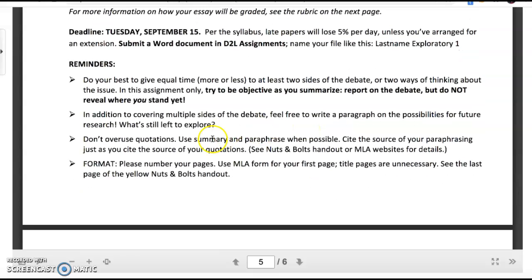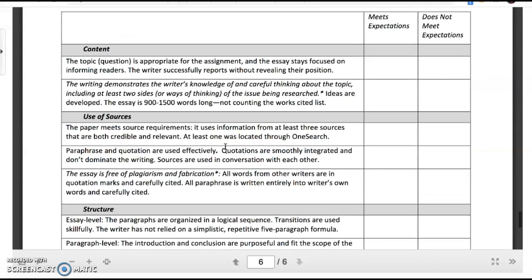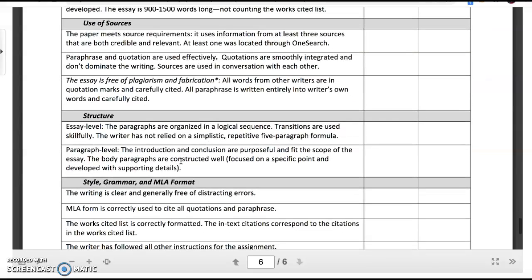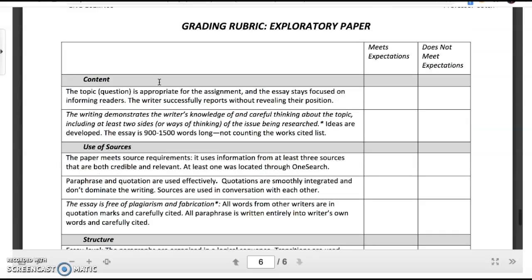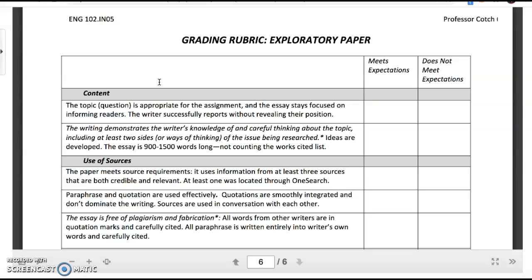Okay, the deadline is here, some reminders are here, and also the rubric. So please read that information over more carefully and let me know if you have any questions. The best way to feel confident about writing this paper is to do a lot of reading, a lot of research. If you feel that you really understand both sides of the debate, you're going to have the confidence to go into writing a draft. And don't forget to write a draft. Try not to save everything for the very last minute. It's okay to write a sloppy first draft and come back and make it better later.